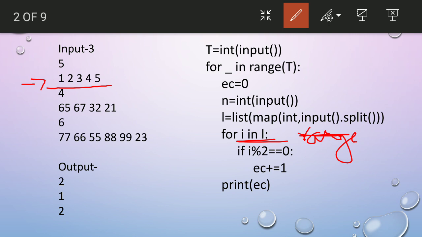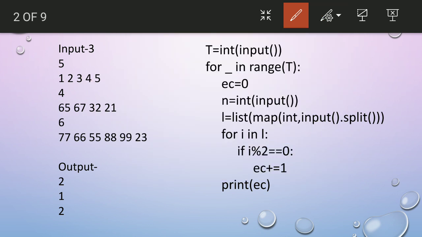For i in L means i contains first 1, 2, then 3, then 4 and 5. In this case i contains 65, 67, 32 and 21. But if we had written i in range of some condition, then it would have taken the index value that will run from 0 to n minus 1 or 1 to n minus 1. So in every case it will run like 0 1 2 3 or 1 2 3.